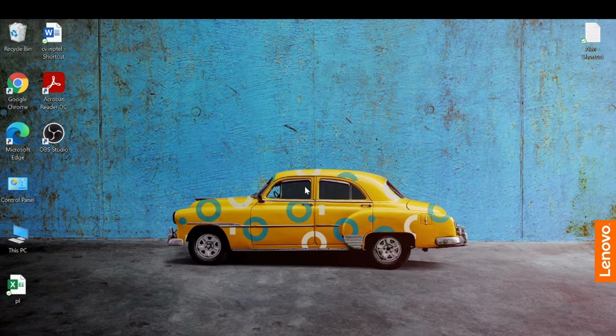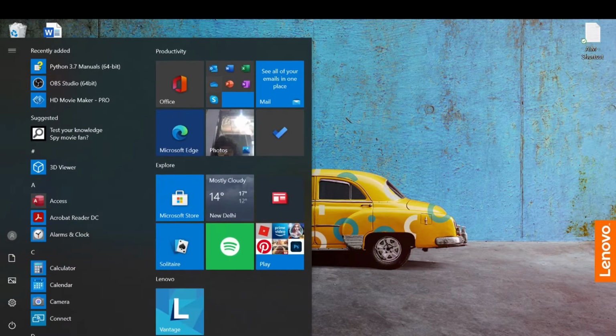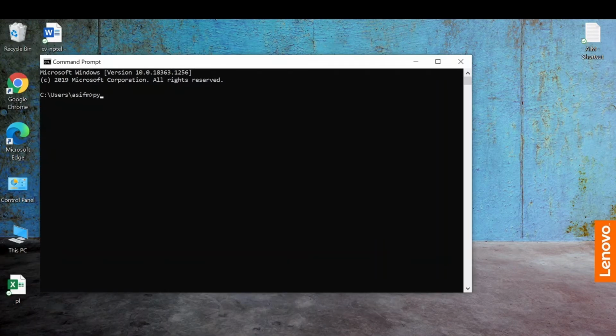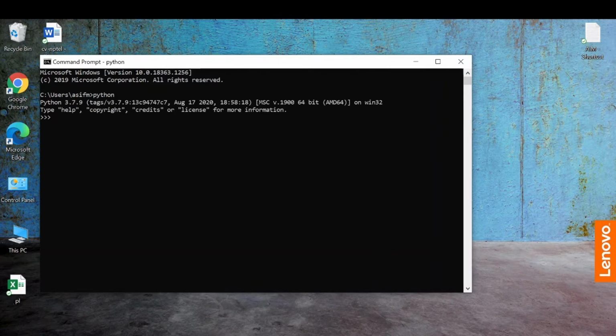So now we have successfully installed Python. In order to check if it has been installed properly, let's open a command prompt. Here we'll type Python. Now this shows that Python has been installed properly.